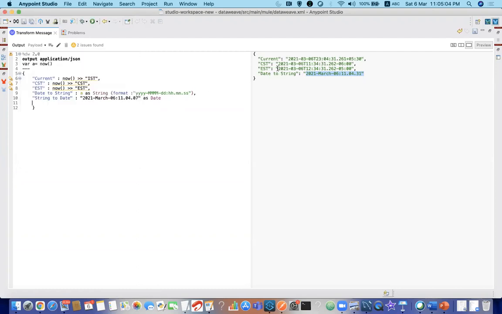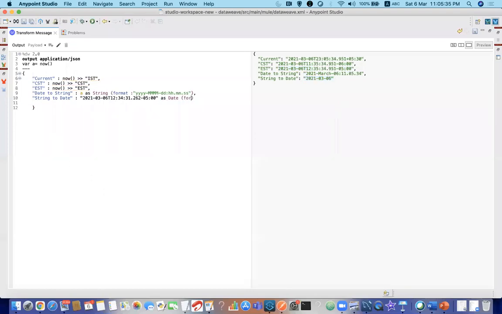For that, what I have to do first, I should take a date timestamp. That string should be valid. This March it will never take. I'll show you how to convert this again to March, but it will never take March as input. Just have it in proper format. As date. Now I am getting as date. By default, date format is YYYY hyphen MM hyphen DD. Now you can convert again.